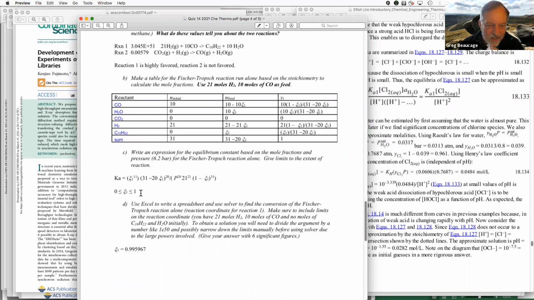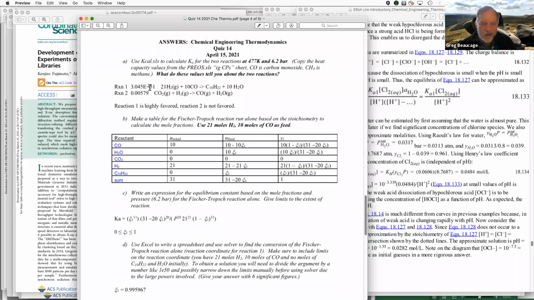The minimization was a little tricky because this reaction has huge numbers in it. It's powers of 10 to the 21, and in order to get that to minimize, you have to divide this by a big number. I think it said to divide it by 1e to the 50, but you could have divided it by something even larger